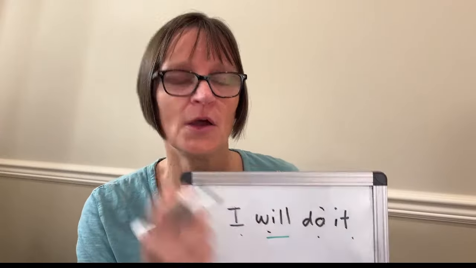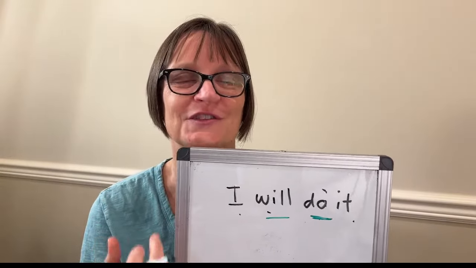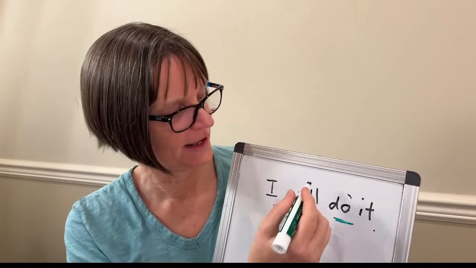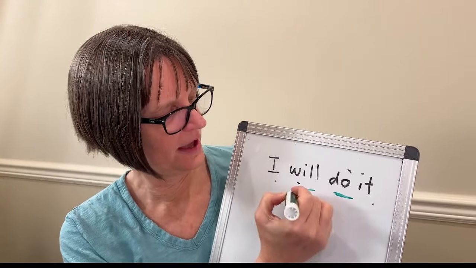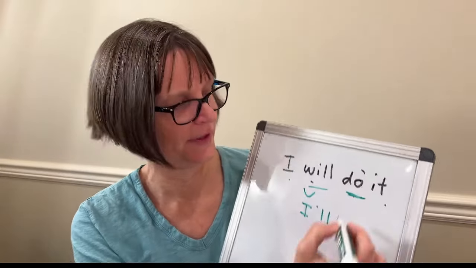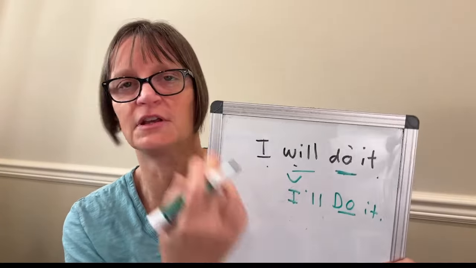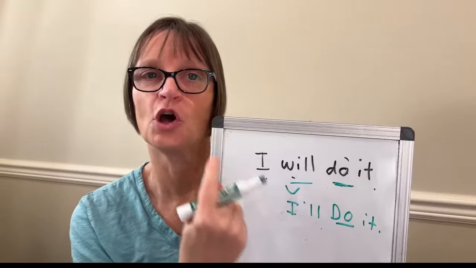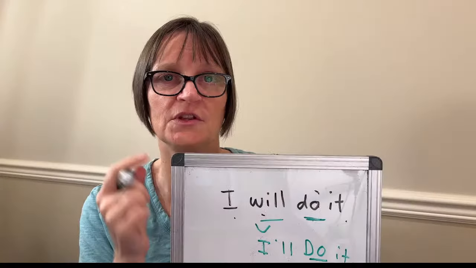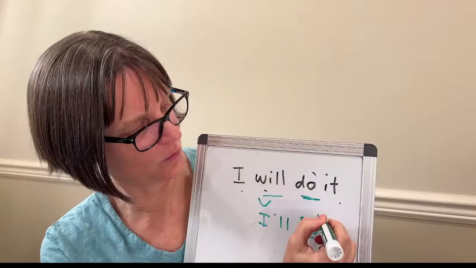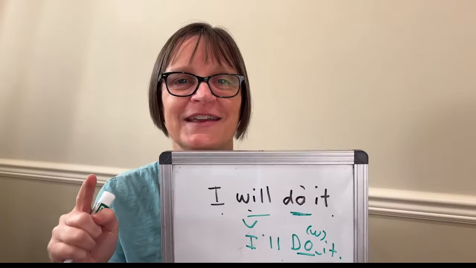But usually, will is just a helping verb. Do is the important word in this phrase. I'll do it. So we change I will to I'll do it. Do is going to be longer, and it is going to connect on. As I go between do and it, I'm going from that rounded oo to the unrounded i. I need a little w sound there. Do it. So that's vowel to vowel linking that's happening.